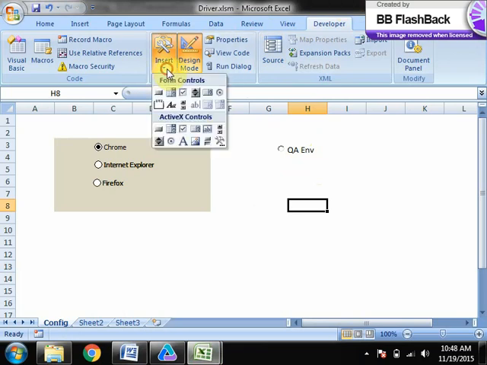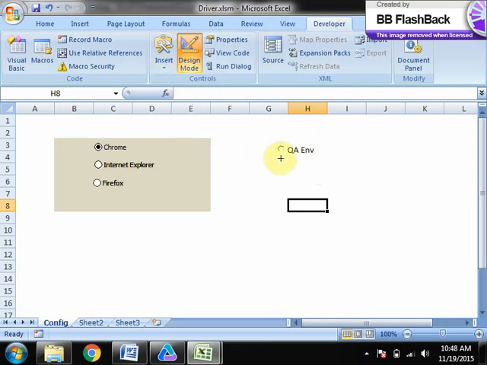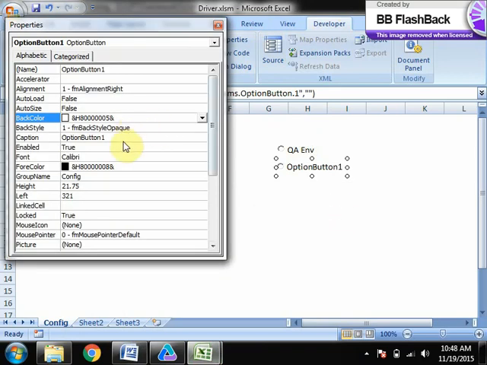Create one more option button here. Change properties, and the caption you can change as dev environment.